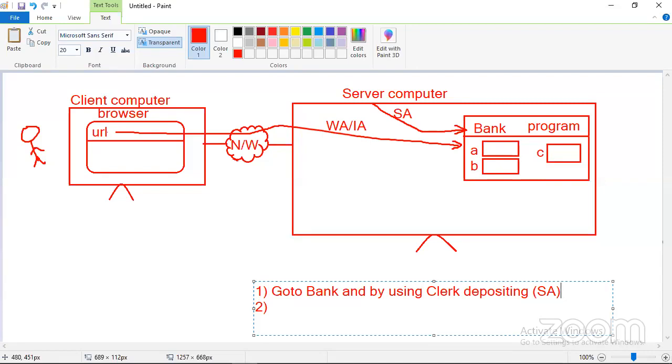Next, now you are in your home only. You are using net banking. Using net banking, you transfer money to your friend, depositing to your friend's account. You are not going anywhere. You are accessing the bank application from your system only. Then we call it a web application. So today's class target, I hope you understand.